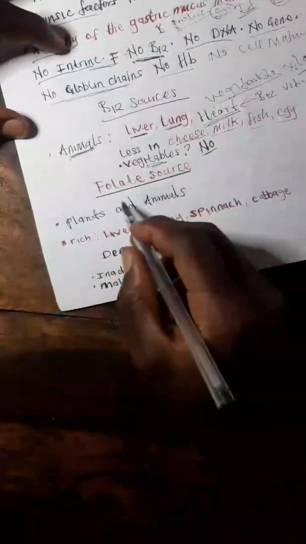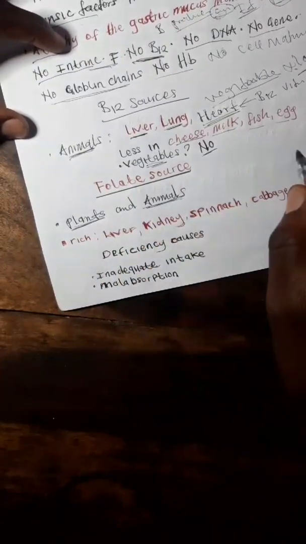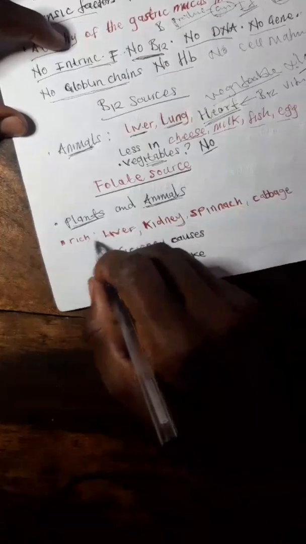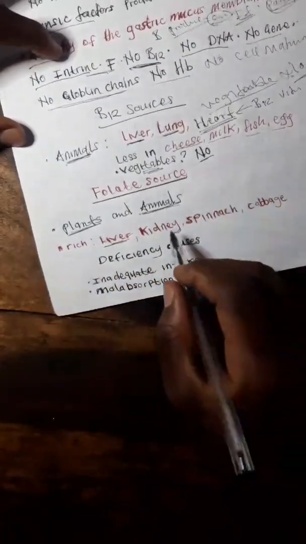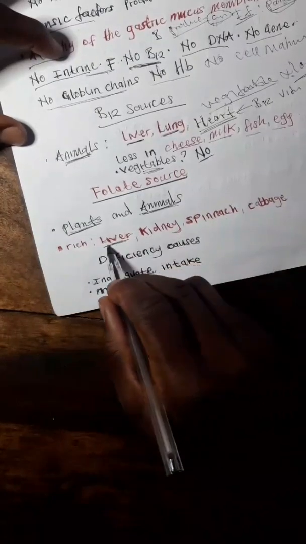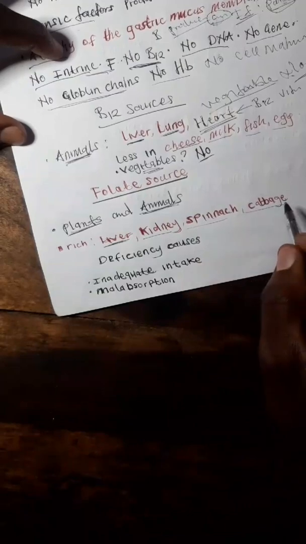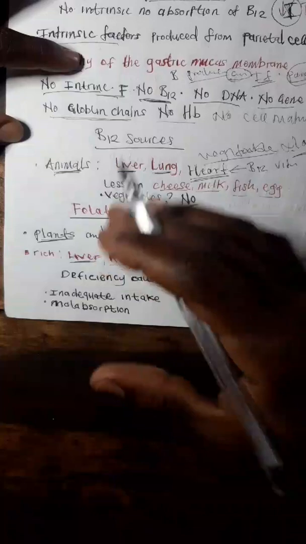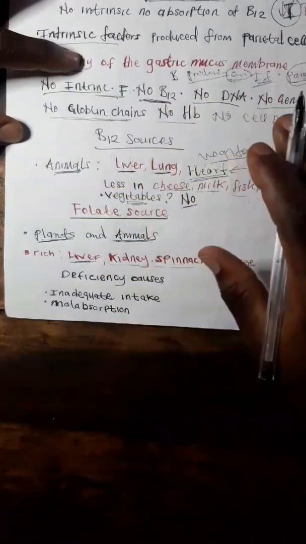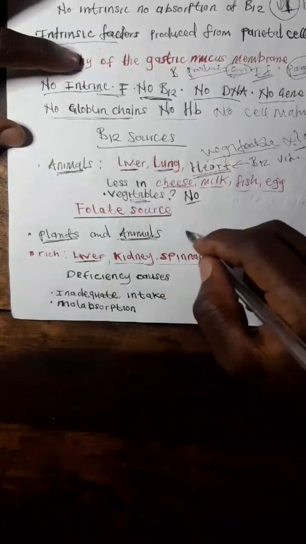And also folate is found in plants and also animals. These are the foods where folate is rich: the liver, the kidney, the spinach, the cabbage. So now, the other thing that can cause the deficiency of folate, apart from not taking enough of this food,